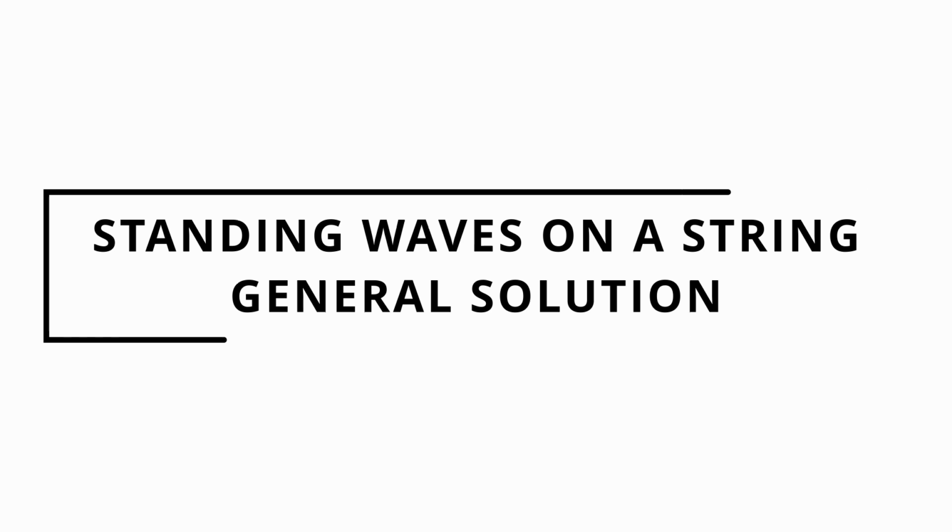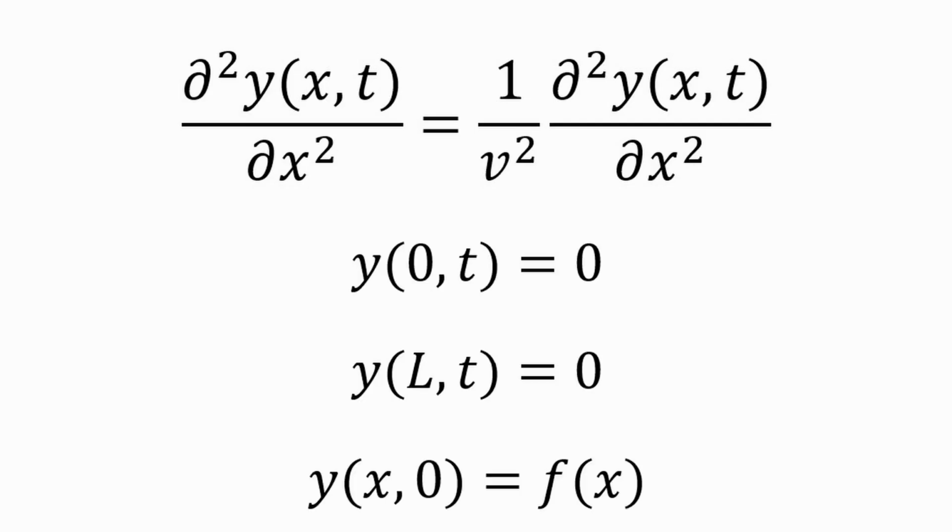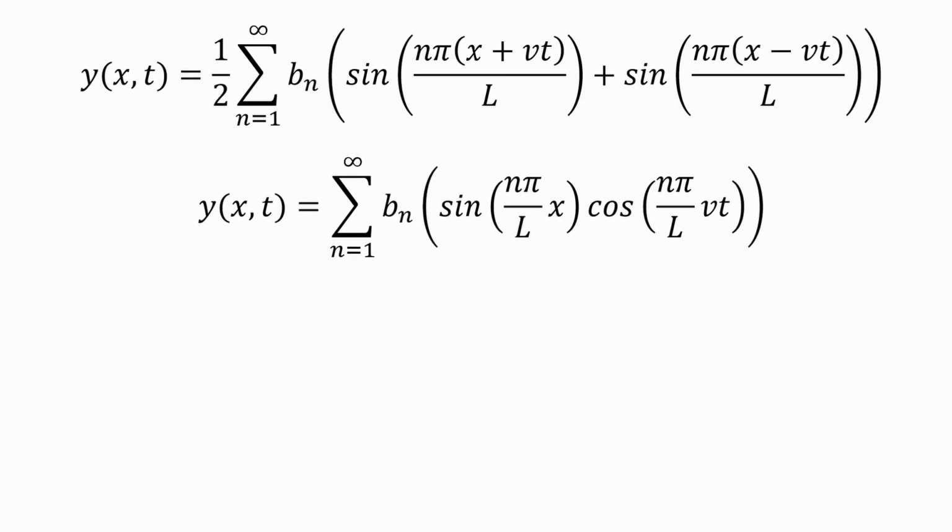The wave on a string equation is: for a standing wave on a string with length L, we have the following boundary and initial conditions. The general solution is a superposition of the several harmonics, where the index n corresponds to the several harmonics. The coefficients Bn can be determined from the initial condition as